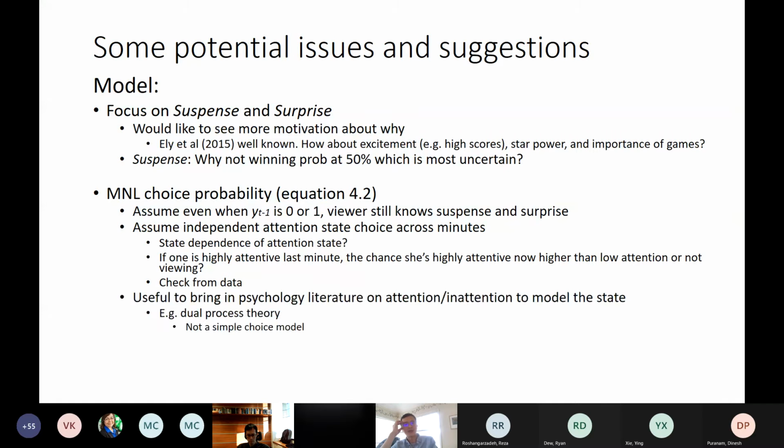And why I think this is important, because from the psychology literature, there's a large literature on attention. Some question or comment? Okay, so I think there's a literature on attention or